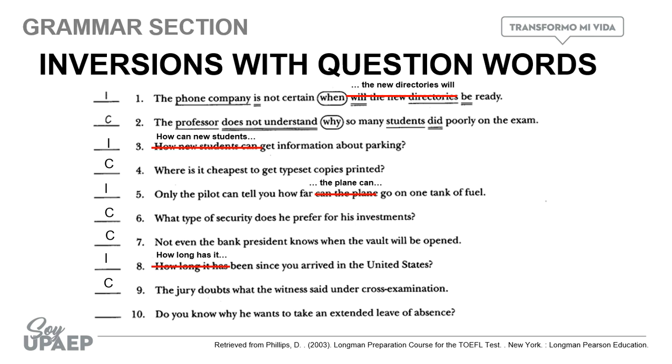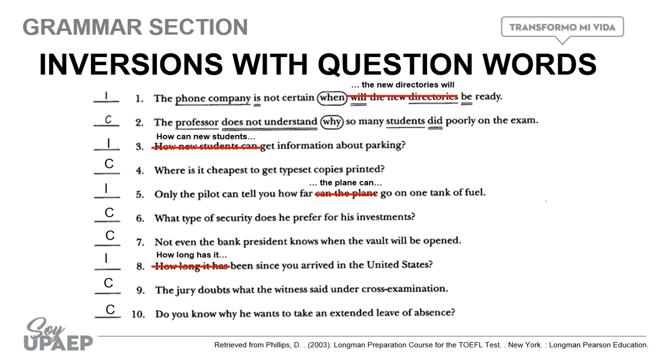Number 10, do you know why he wants to take an extended leave of absence? Correct or incorrect? It is correct. Why? Because you have a clause, do you know, right? So, in the next clause, the words have to be in the normal order, subject and verb. Okay? So this is the way inversions with question words work. If it is a direct question, you need inversions. If you have a clause before the question word, you don't need an inversion and everything has to go back